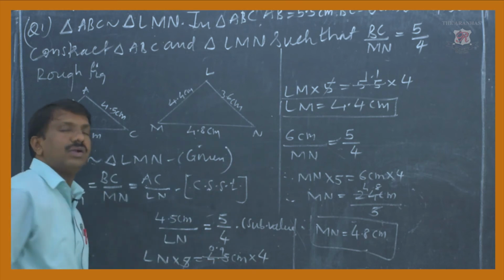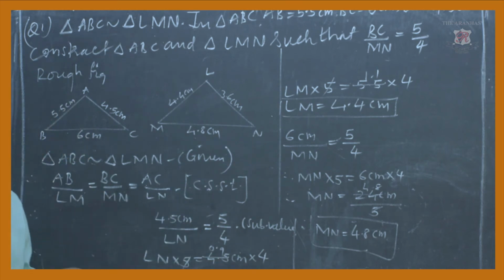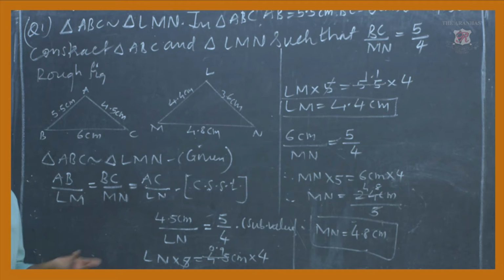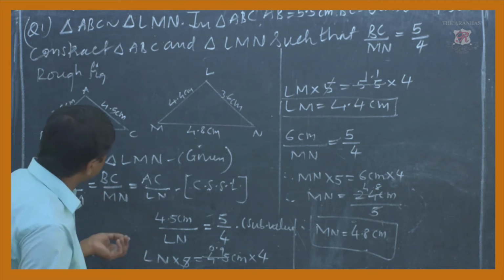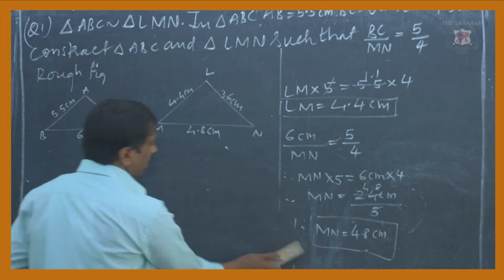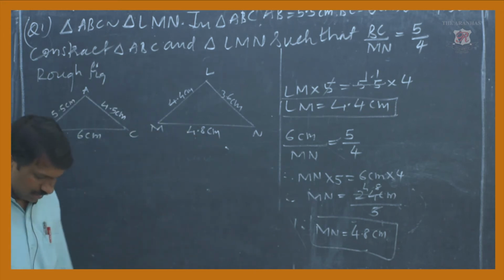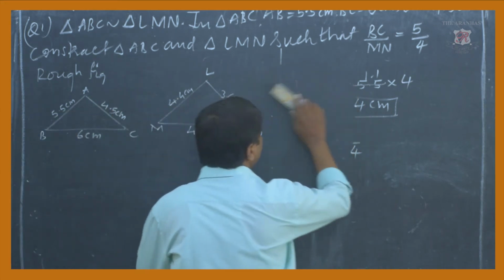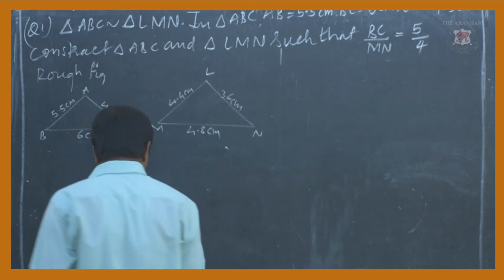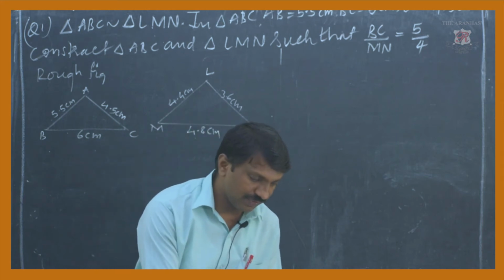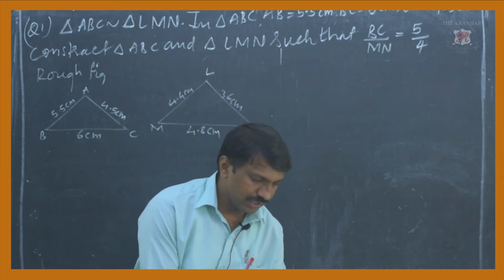See now, whatever the corresponding sides were, that is written, values are substituted, and cross multiplication done. Now simply construct the triangle, which everybody knows. As in the simple example given here, all corresponding sides are available, and you just have to construct the triangle. While constructing, you have to construct both triangles, not just one: the given triangle and also another triangle whose corresponding sides we found now.